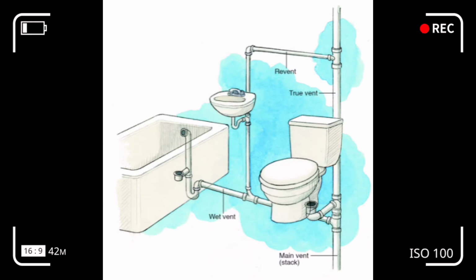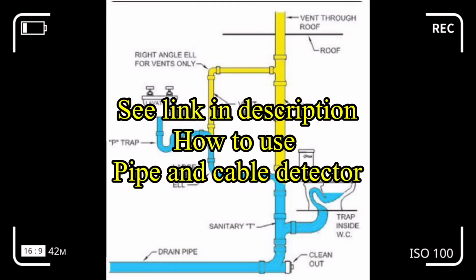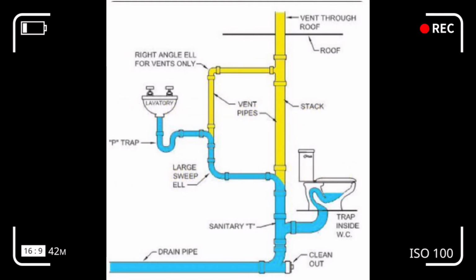And that's why it's important to use a pipe and cable detector, to ensure that all areas are free of hidden pipes and cables, and also use a stud detector to locate the position of the studs. As we've pretty much discussed what the sizes of certain pipes behind the wall could be. So say for instance if I were